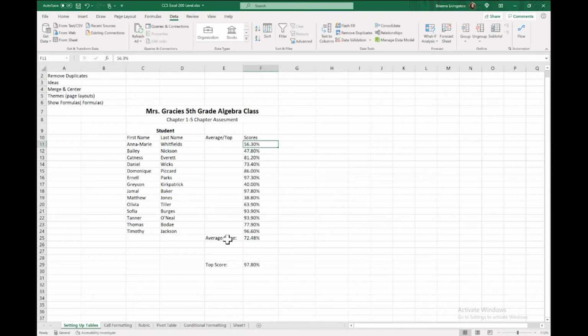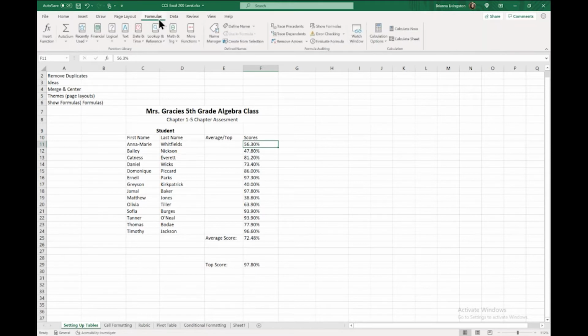Maybe you got this sheet from someone else and the scores maybe don't match what you have or something like that. So we're going to go to the formulas tab and, actually, you don't have to select anything. And here in the formula auditing, you'll see this show formulas.